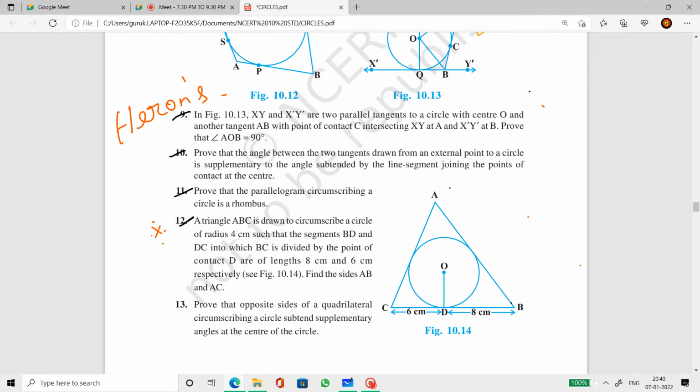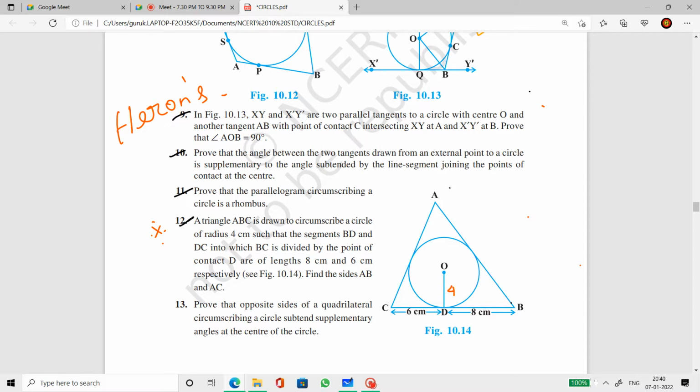So next is question number 12, a really important sum. They changed the triangles in many other forms and they asked this question in many different forms. So the 12th is a very important question. Triangle ABC is drawn to circumscribe a circle of center O. So as you can see, a triangle is drawn outside the circle and the radius of the circle is 4 units. So OD is 4 units.